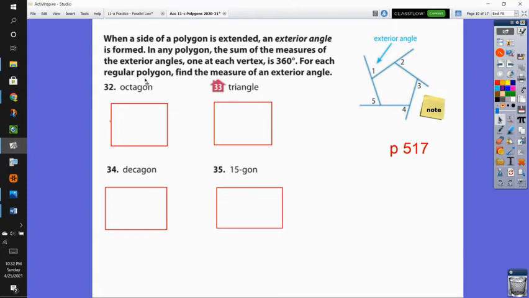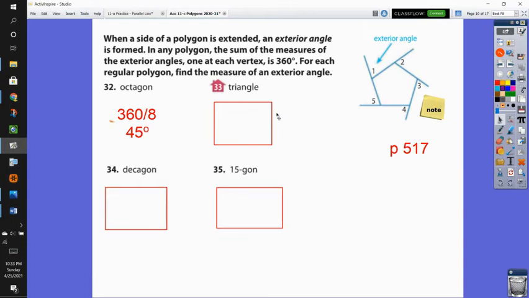So for each of these regular polygons, what is the measure then of an exterior angle? They add up to 360 degrees. So for each of these, all you basically have to do is divide 360 degrees by the number of sides. So an octagon has exterior angles of 45 degrees. A triangle,